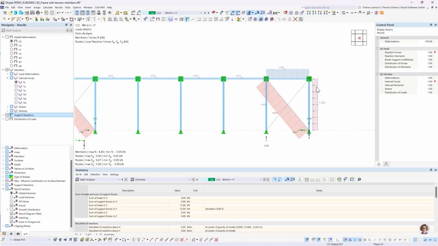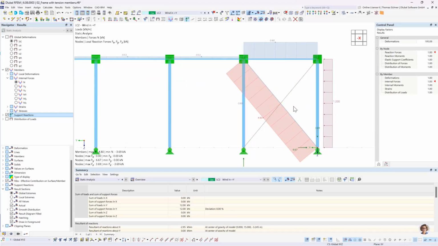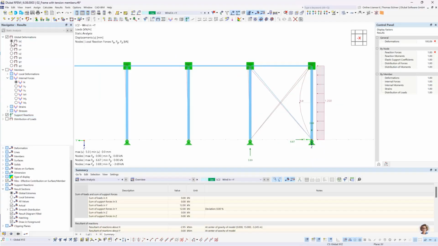The other 3.6 will travel through the beam here on top. And then we have this tension member, which will redirect most of the force back to the support. And what's with the other member here? If we think about it, and if we look at our deformations as well,